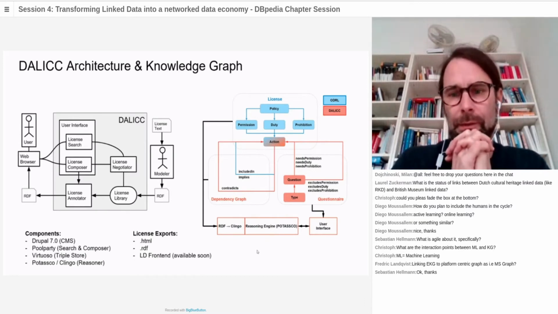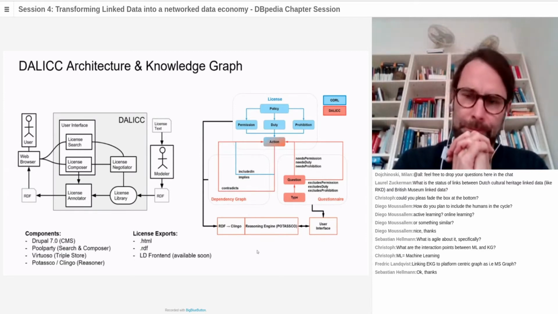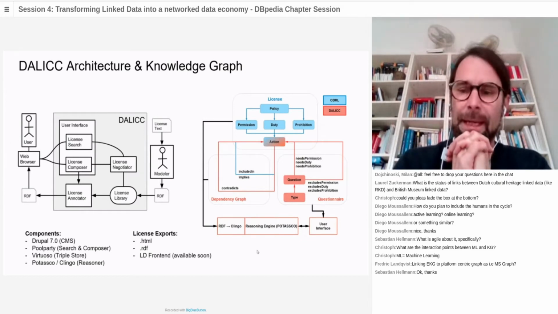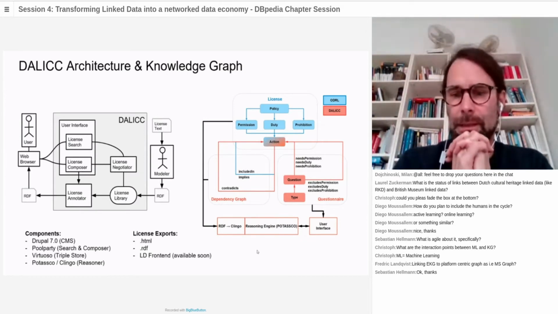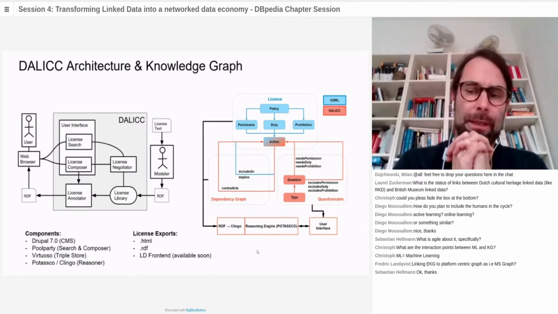So the license is defined as a policy that has permissions, duties, and prohibitions, and then you can perform various actions that are either allowed or not allowed by the license or by the policy. Then the second dimension that we are covering in this knowledge graph is a so-called questionnaire, which basically is something like a guided